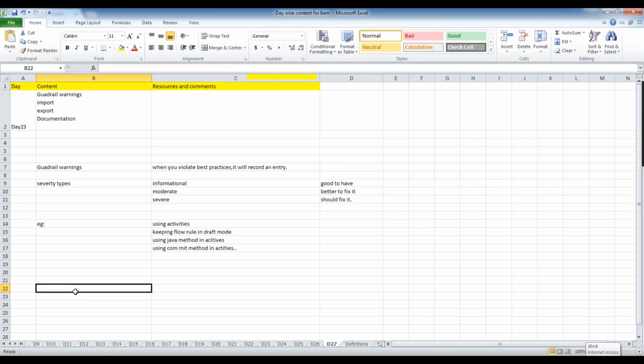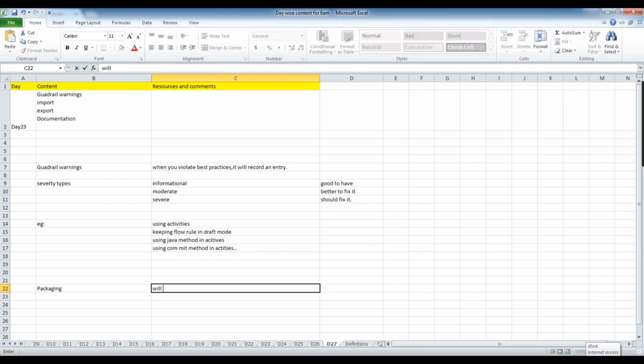So for exporting, when you do package, it means, like a general word, keeping all the rules, or whatever code you have written, we are packaging that. So this packaging wizard will create a product rule.